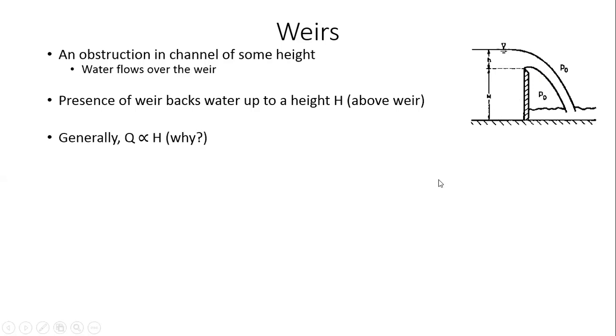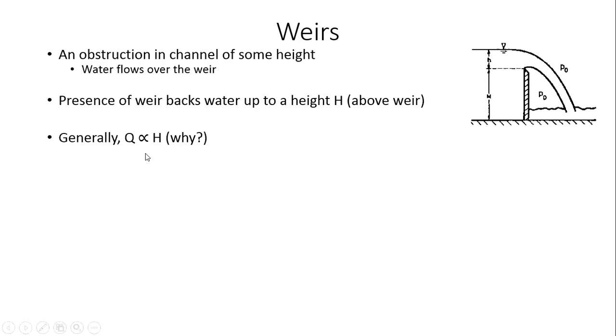Now, generally speaking, I can say that the flow rate is proportional to this height to which the water builds up. If the flow rate is high, the water will build up to a greater height. If the flow rate is low, the water will build up to a lesser height, right? This is fairly obvious. So I want you to think about this, maybe come up with your own reasons why you think this might be true, right? We'll anyway prove this a little later using Bernoulli in this class. Okay. So generally speaking, this Q is proportional to H, right?